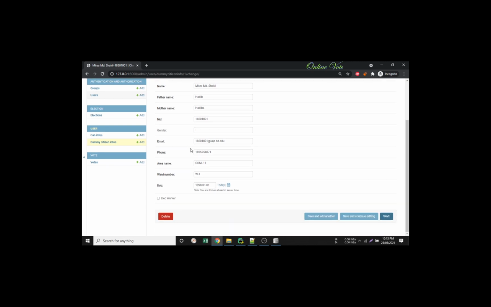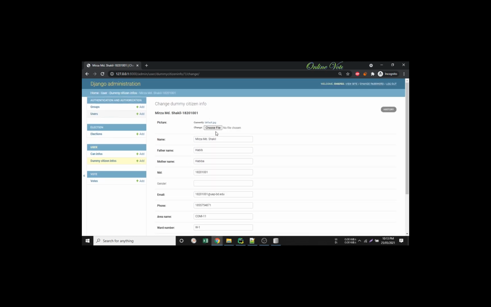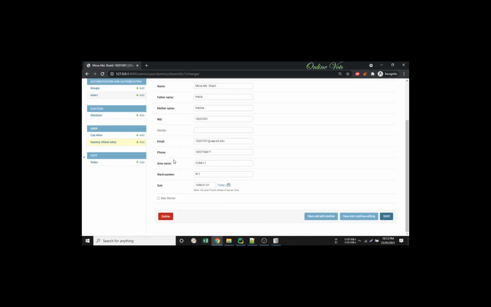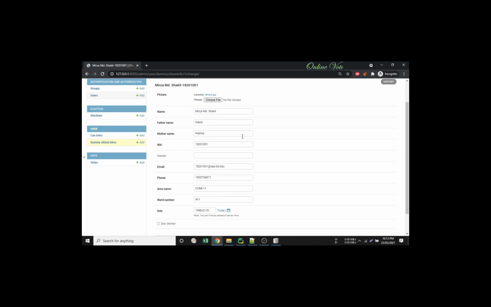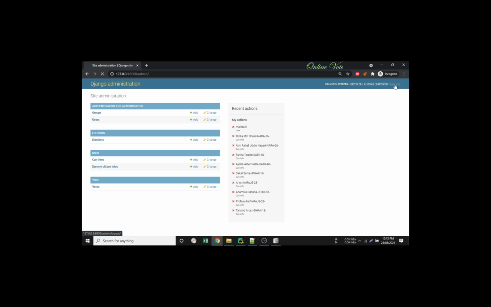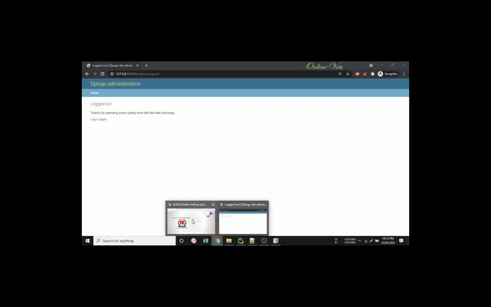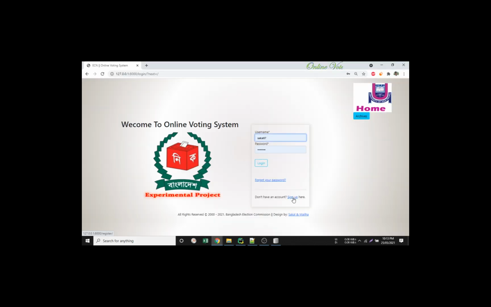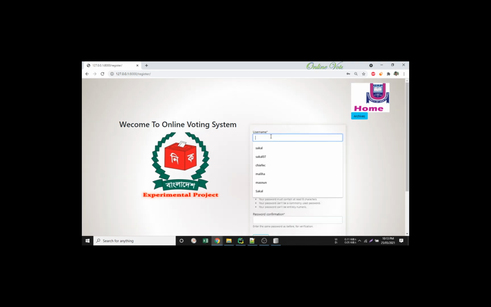I want to create a user ID for Shakil. Here is his NID and so on. So I want to create a user for him. Coming to our page, I want to sign up with this. I want to choose Mirza 1,